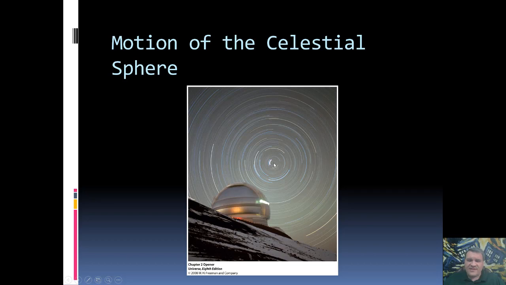Now, right here at the very center is going to be the North Celestial Pole, and notice this really bright star. That is actually the North Star. And notice it is not exactly on the North Celestial Pole. However, you can see how it is that all of these stars are making circles around the North Celestial Pole, so all of these stars are circumpolar.